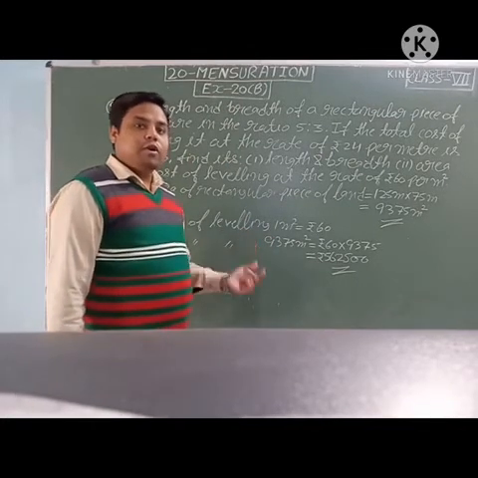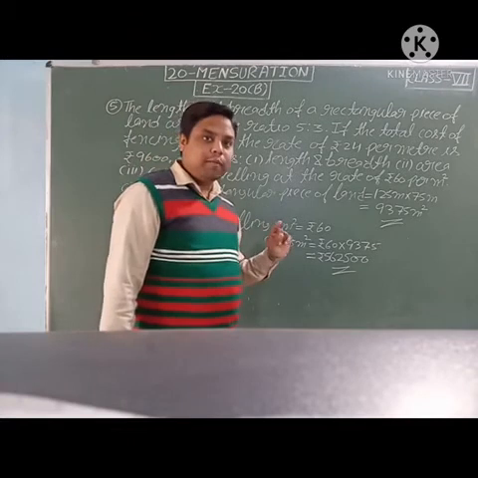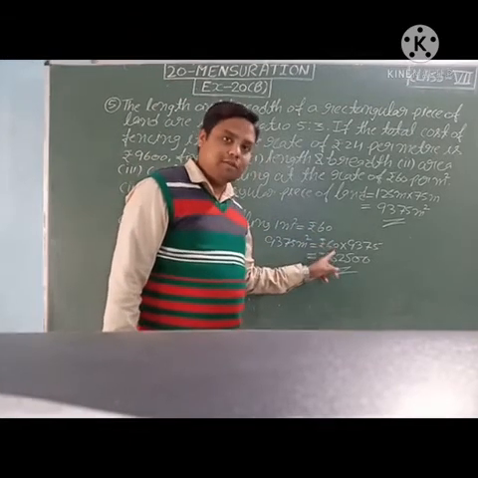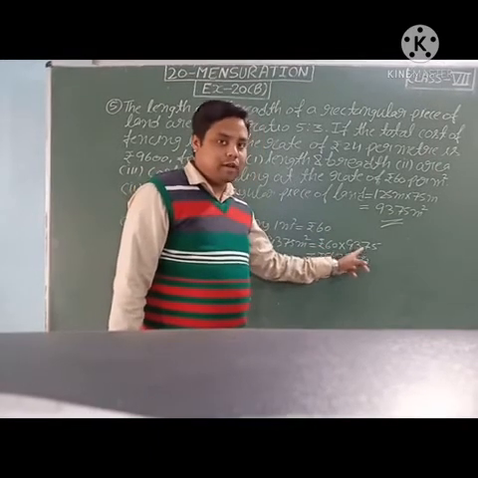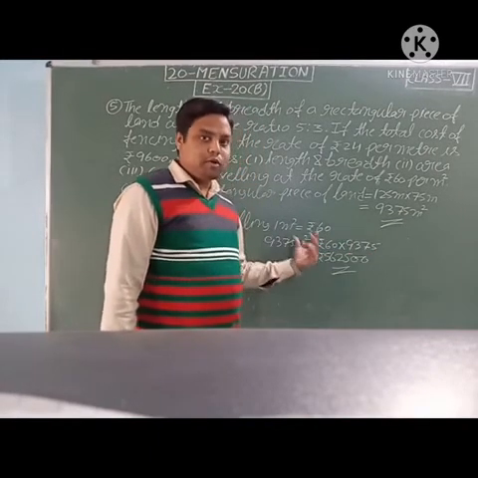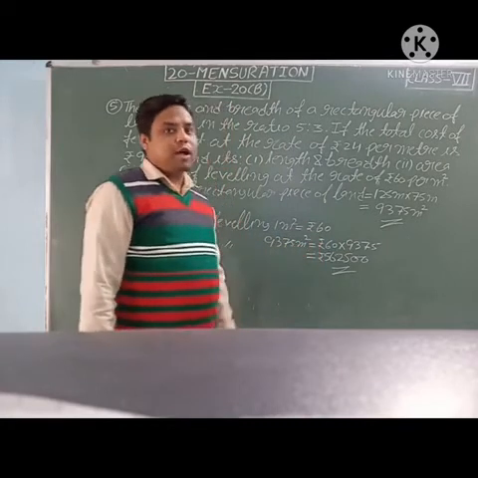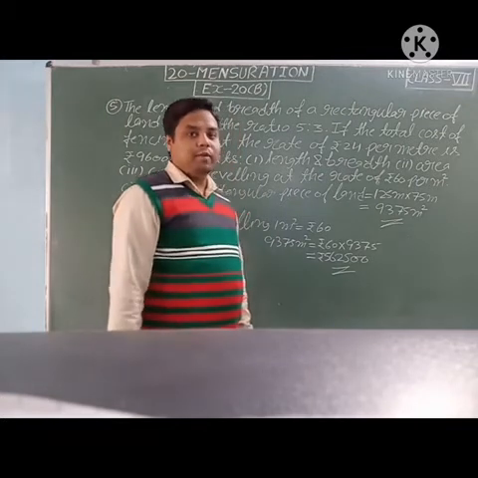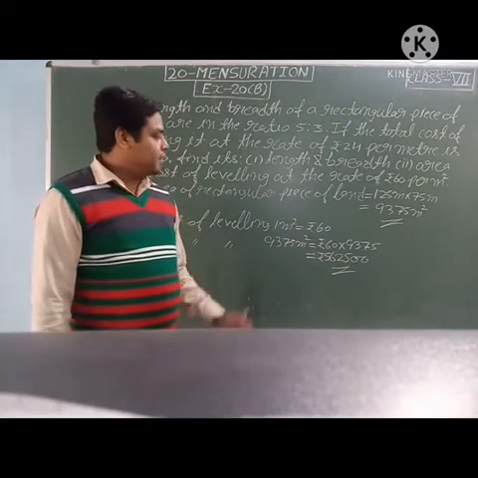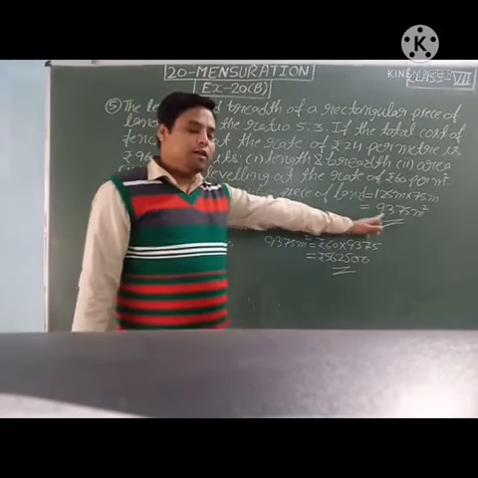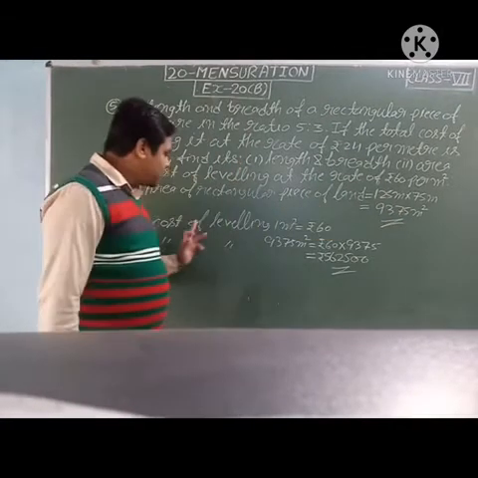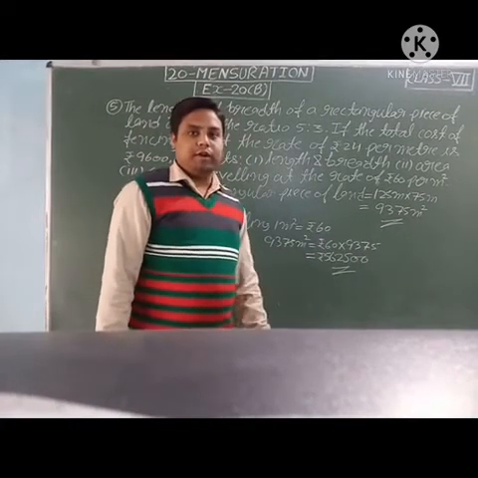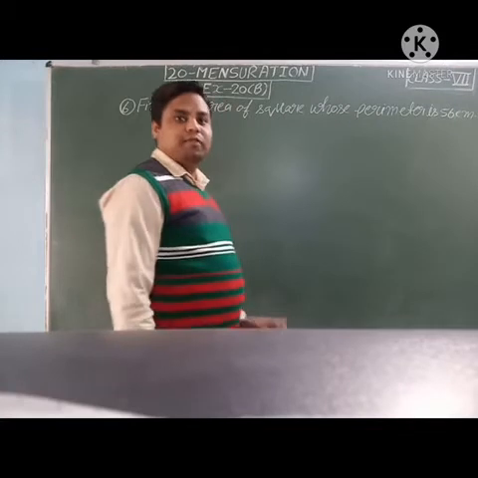Students, we can use formula also to find the total cost of leveling. That will be the cost of leveling per meter square multiply area. So you can see cost of leveling per meter square is rupees 60 multiply area. Area is 9375. By using the formula also we can do this. So students, answer of first part, length is coming 125 meter and breadth is coming 75 meter. And answer of second part, area is coming 9375 meter square. Third part, cost of leveling is coming rupees 5,62,500.